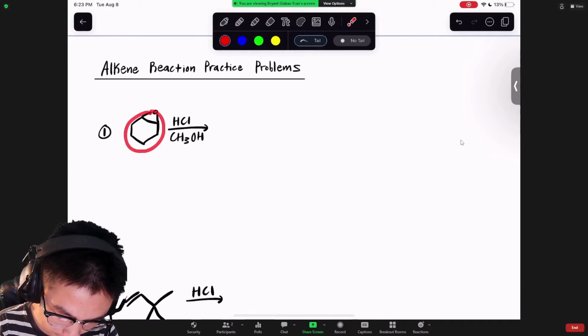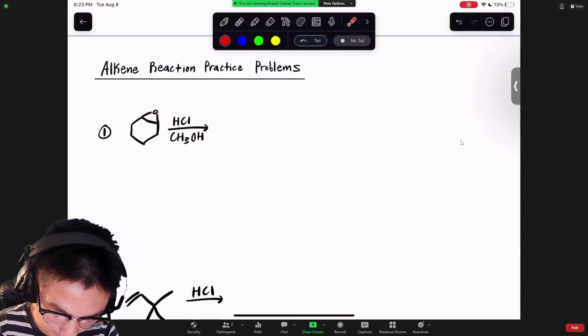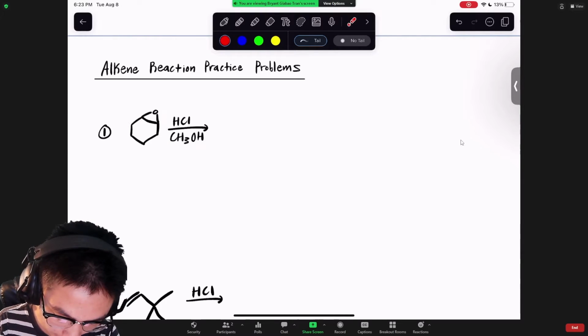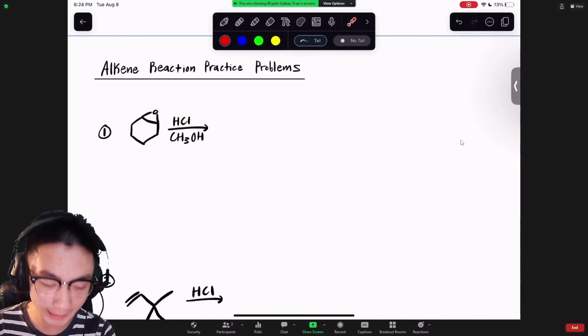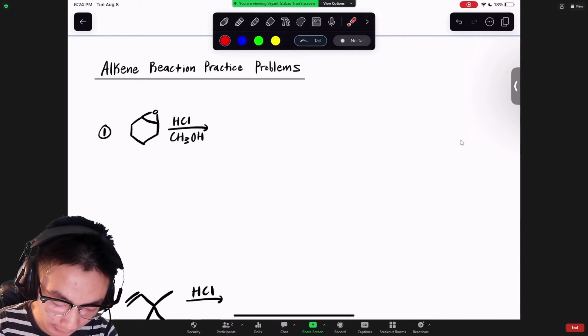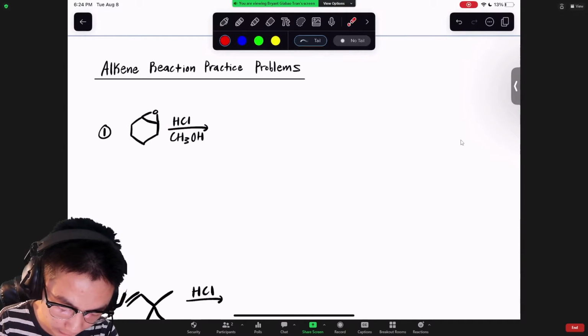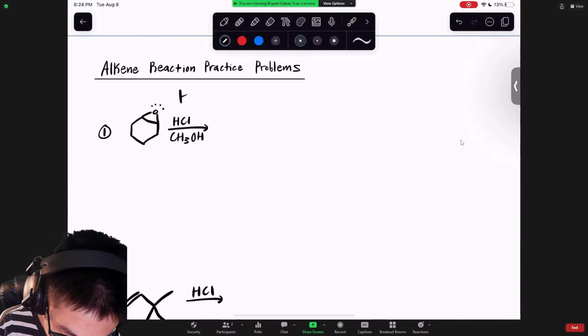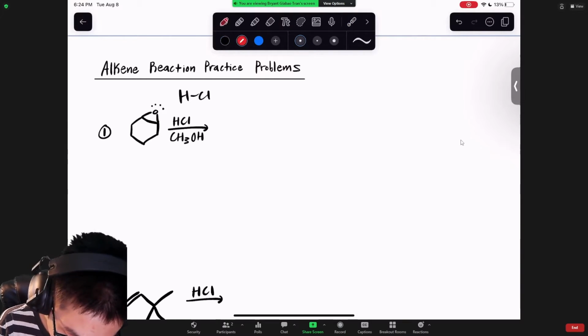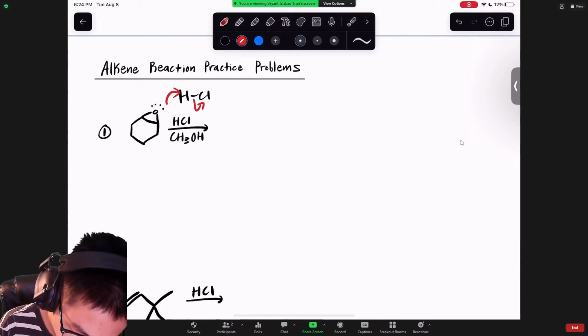So for the first question, we see that we have a cyclohexane with an ether onto the cyclohexane with HCl and methanol. So first, we see that we have a HCl acid, which means that we're going to look for our most basic atom to do an acid-base reaction. Our most basic atom in this case is this oxygen with its 2 lone pairs of electrons, where it's going to grab the hydrogen from the HCl and kick off the chlorine group